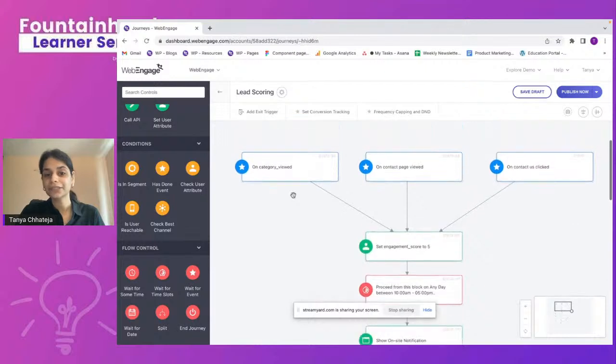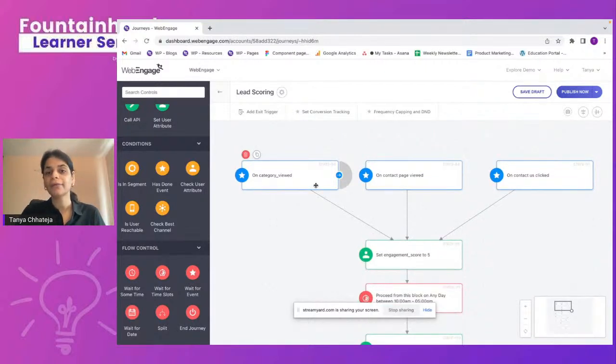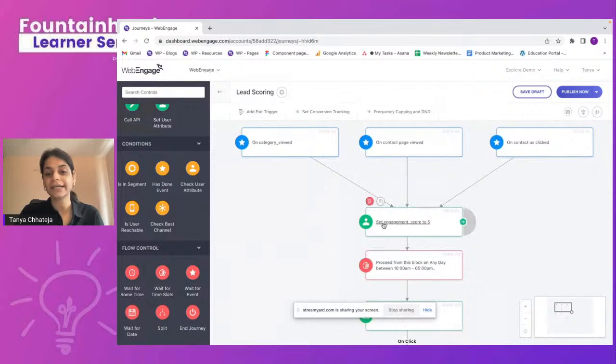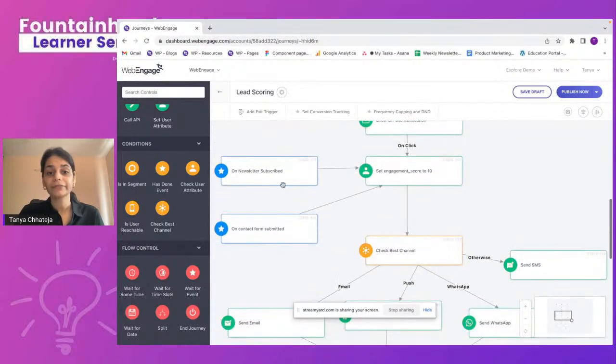So, for the first level of actions, which is where a user is showing interest but is not definitely doing an action that you'd want the user to take, i.e., making a purchase, subscribing to your newsletter, and so on. So these are actions that the user is taking that is proving some form of intent, which is why I've set the engagement score to 5. However, if the user subscribes to your newsletter, contacts you, or fills up your contact form, then you'd want to set the engagement score to 10. Now, again, this can differ as per your preferences,